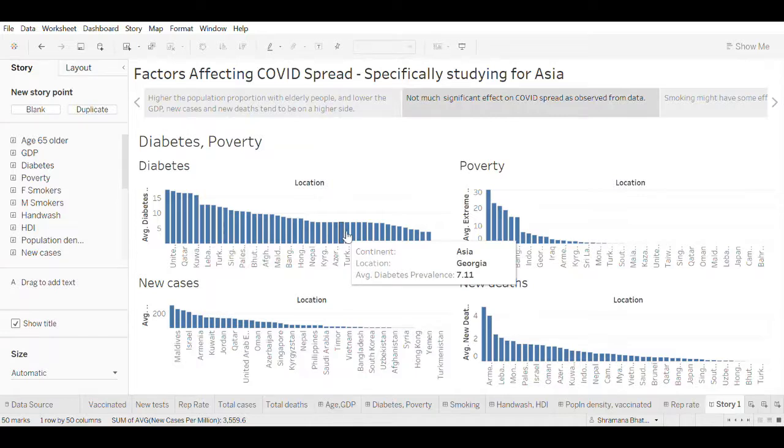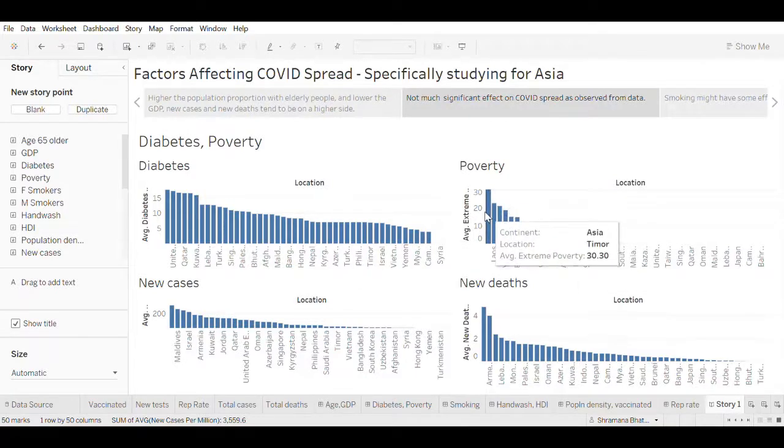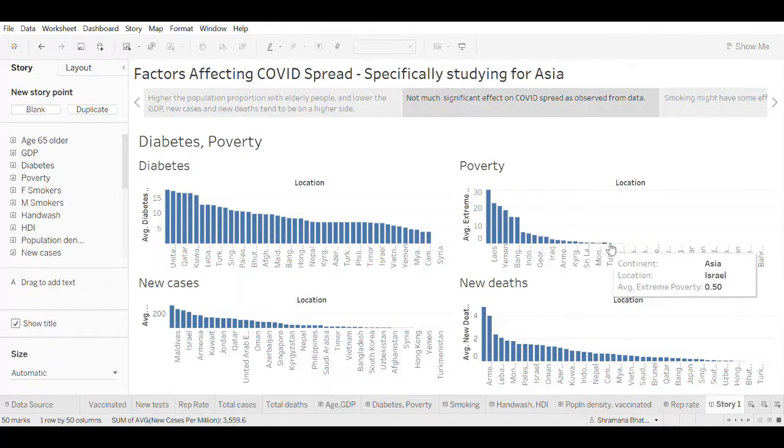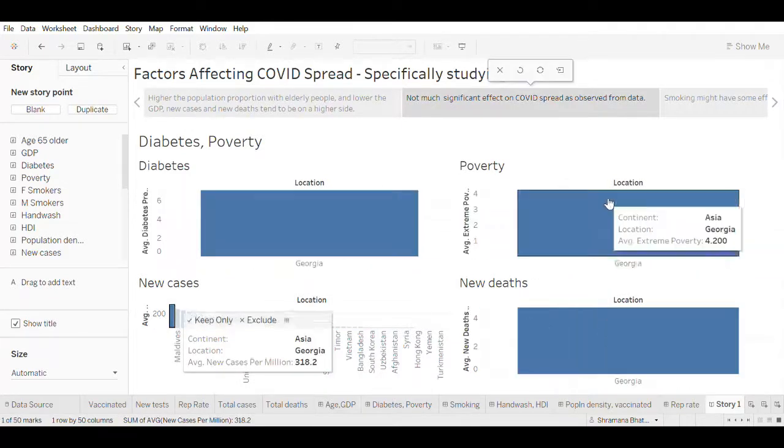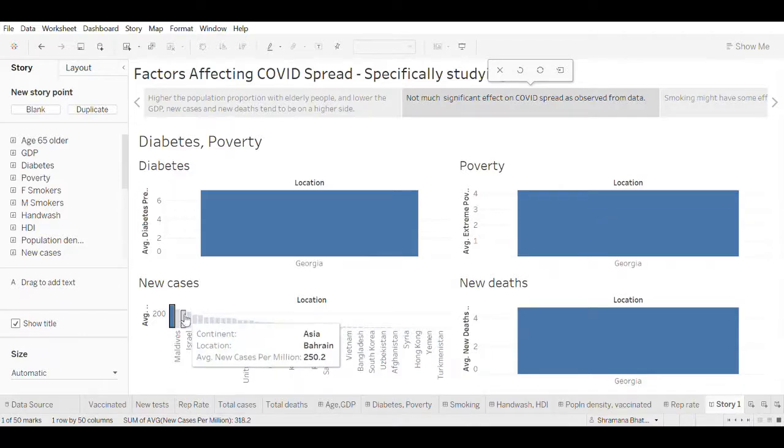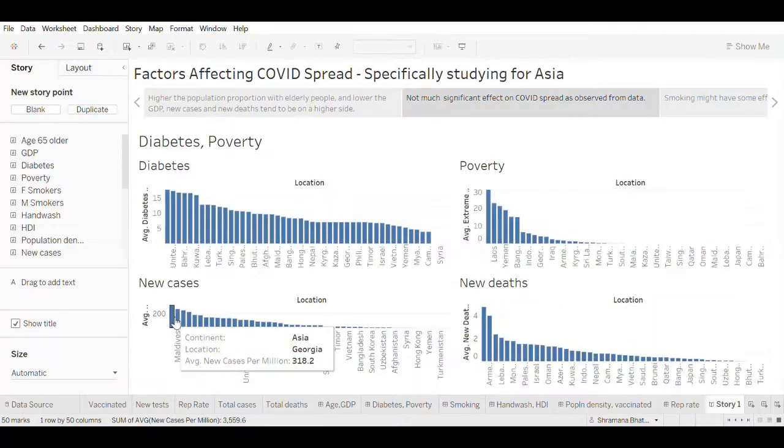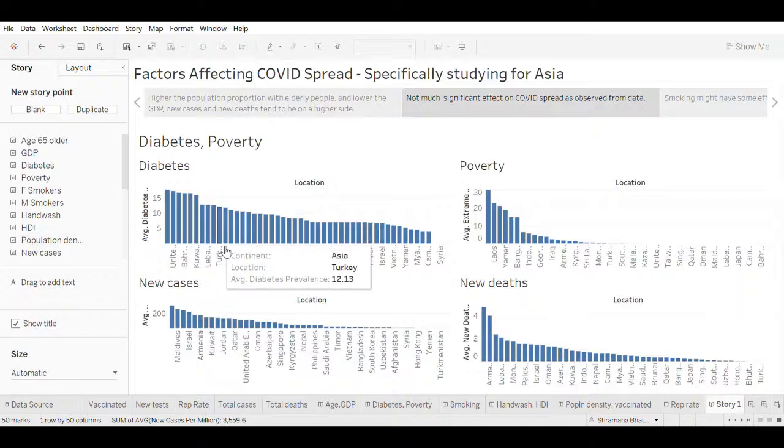And also poverty, from 30 it's very less, somewhere here. Yeah, 4.2. Therefore, it's not that high poverty or high diabetes prevalence has triggered the more COVID cases in Georgia,